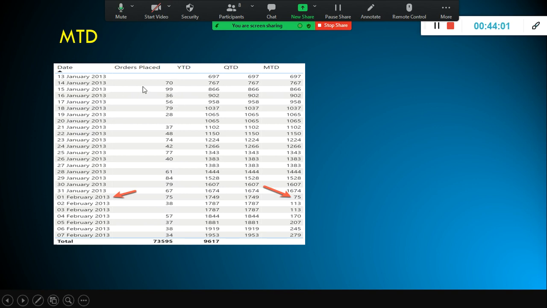And this is on a daily basis. Daily, what are the orders each day? How many orders have been placed? When you look here, when 1st February starts, what happens? These values are reset. Look here, I don't have any orders placed. On 27th January, 0 orders placed. If somebody is asking you what is the year to date sales on 27th January, or quarter to date or month to date, can you tell me?